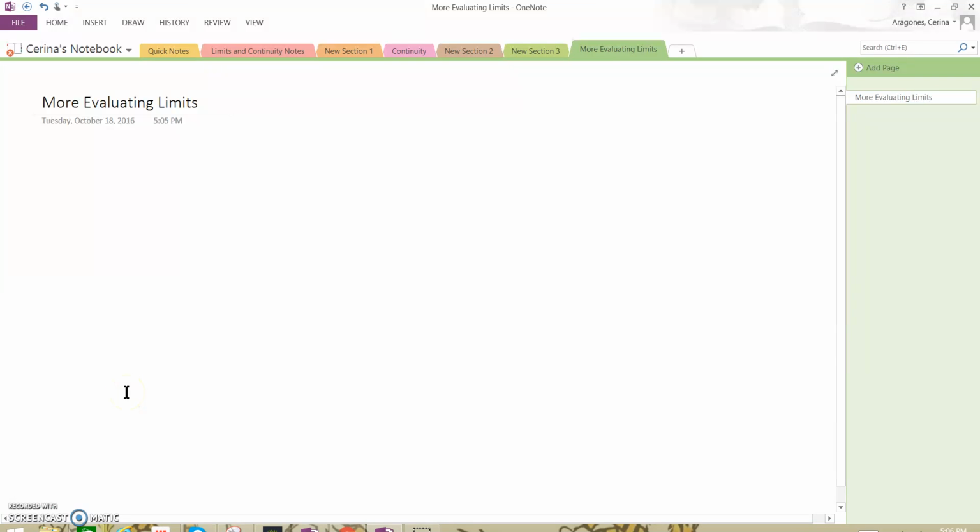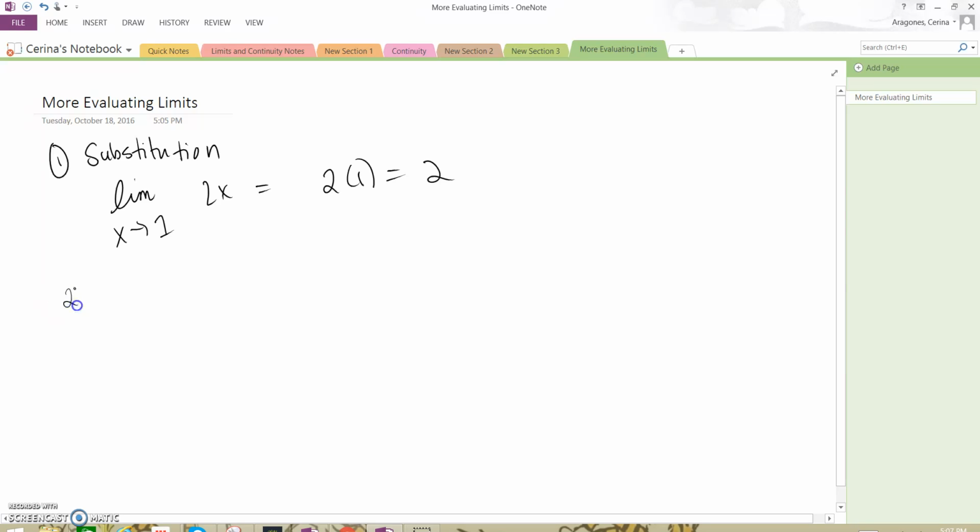Alright, so in the last video we started looking at algebraic ways you can evaluate limits. So we talked about substitution, where you just substitute the x value into the function. So for example, the limit as x approaches 1 of 2x is equal to 2 times 1, which is equal to 2. We also talked about factoring out and simplifying,